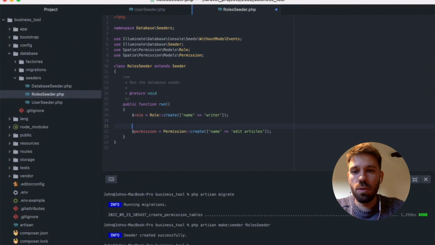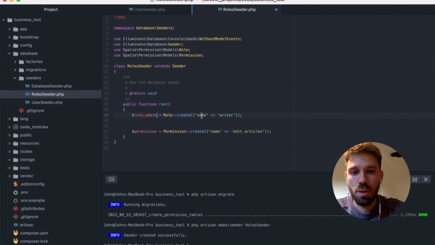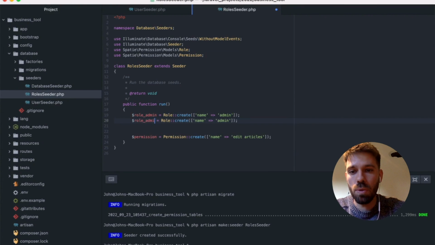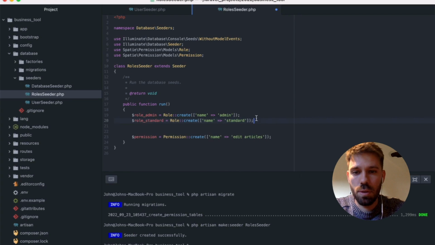Okay, so we're going to create two roles. We're going to call this one role admin, and I'm going to give it the name admin. Copy that and paste it, and then we're going to call this one role standard, and I'm going to give it the name standard. And then we're going to create